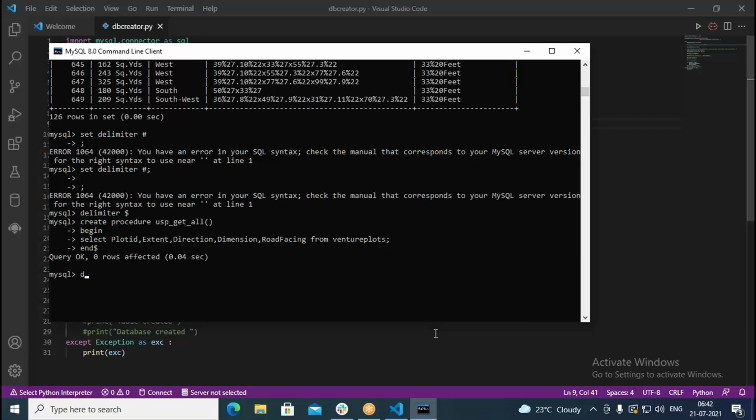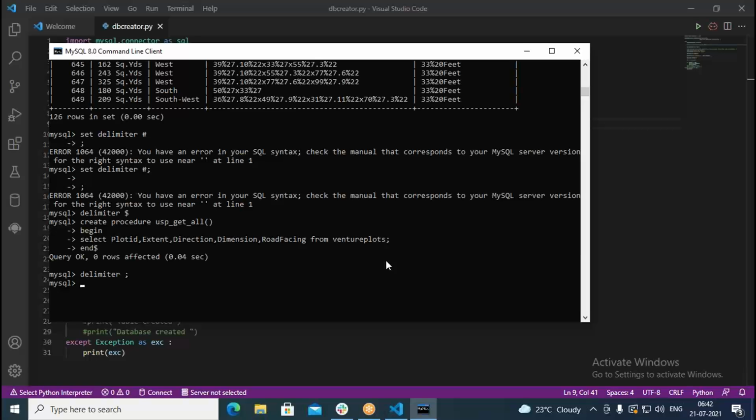Now we need to use again delimiter back. Delimiter semicolon. Normally what we use, delimiter semicolon we use for delimiter. Whenever you have more than one command to separate commands, we use semicolon as delimiter as we use in the C language. Whenever we create here a stored procedure, first of all you need to change delimiter. Otherwise you have here a semicolon. As soon as you type semicolon, the command gets executed.